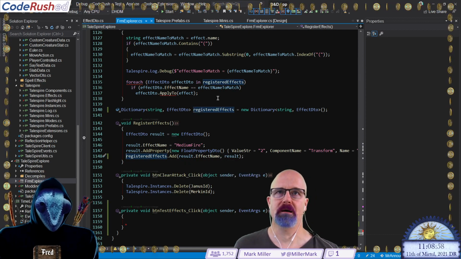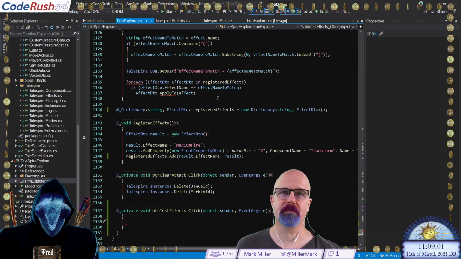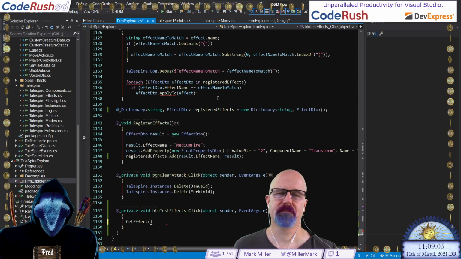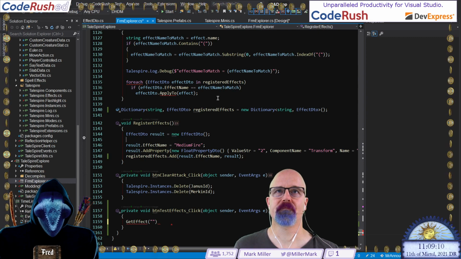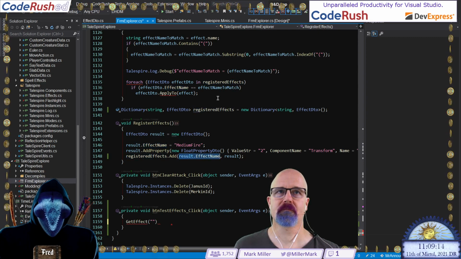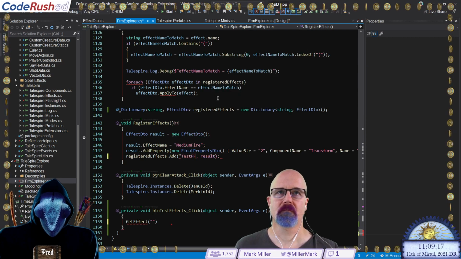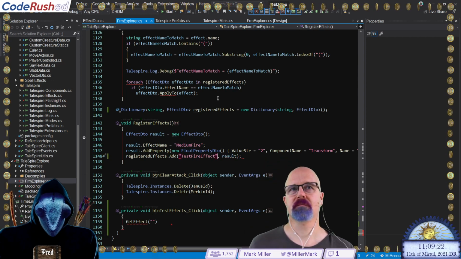Okay, and then down here, test effects, I'm going to say get effect, and we're going to call this TaleSpire effect, like this right here.